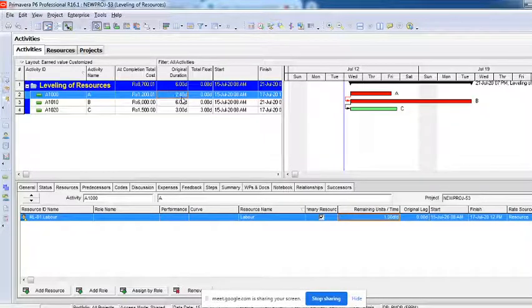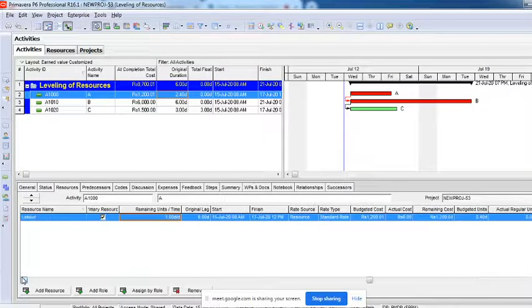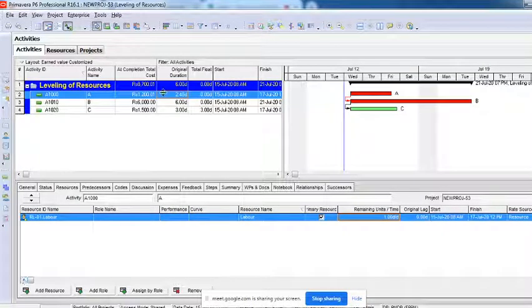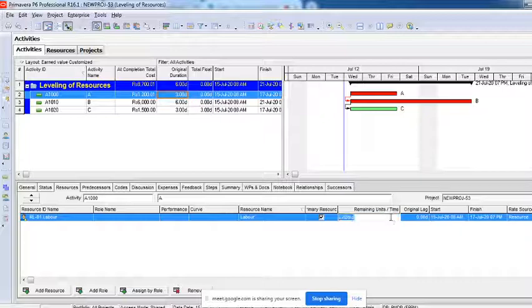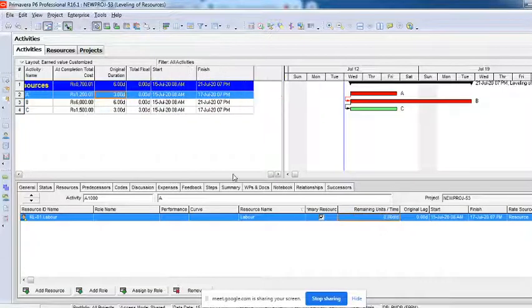You can see here it is. What happened again? 2.4 units again. Oh, duration I have to change. Alright, so now, yeah.